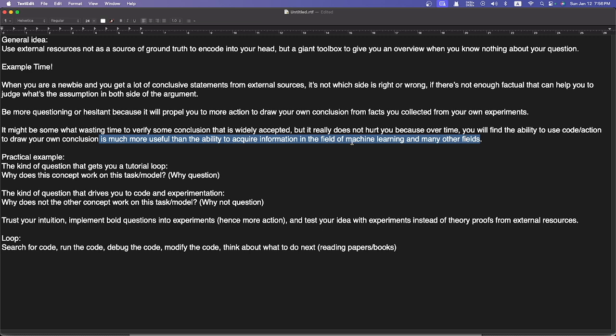And just at this point, I wanted to propose to you a practical example of what kind of question you should be asking yourself in the process of, say, reading a research paper or reading somebody's post on a certain thing. The kind of question that really gets you into a tutorial loop, or what people might refer to as tutorial hell, is asking yourself, why does this concept work on this task and this model? It's not to say that this is a bad question, but the why question is already making the assumption that what people are claiming is factual and doesn't need to be challenged,